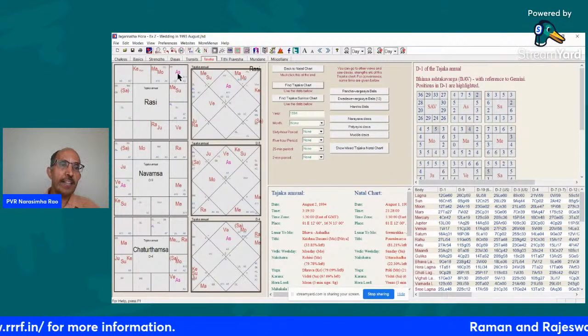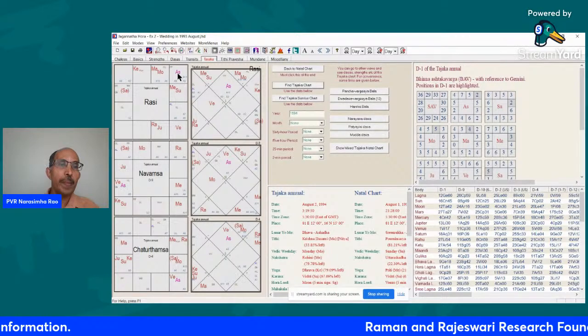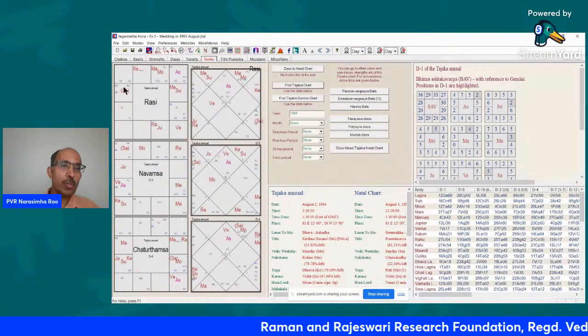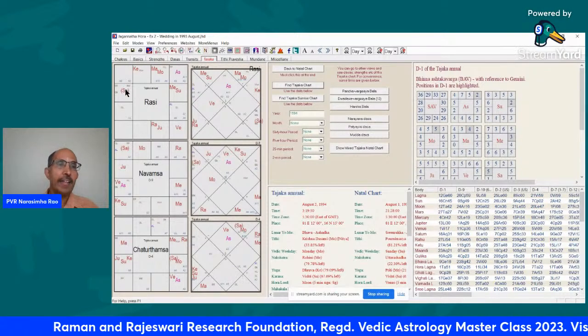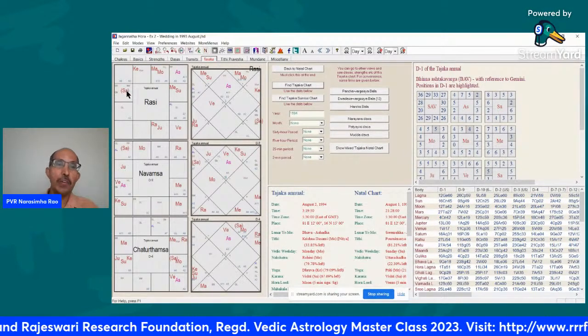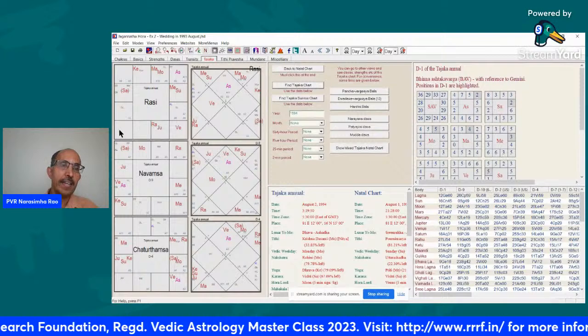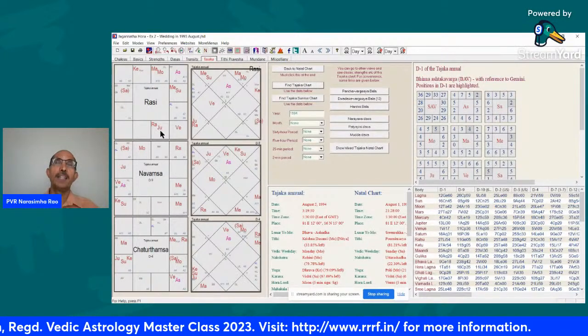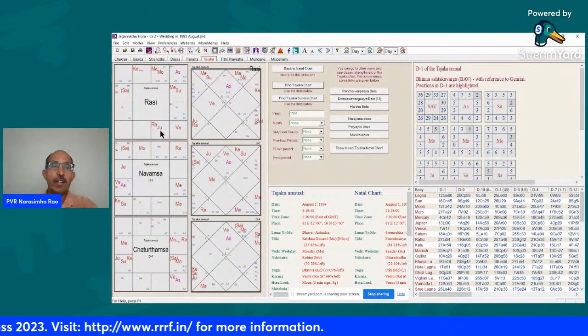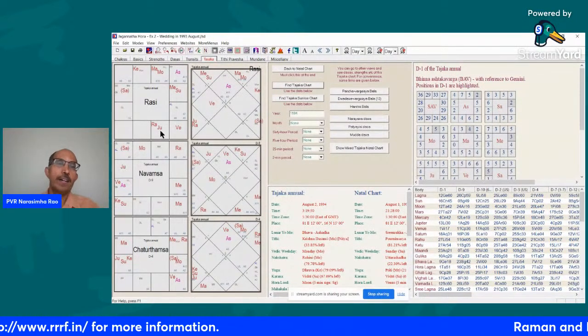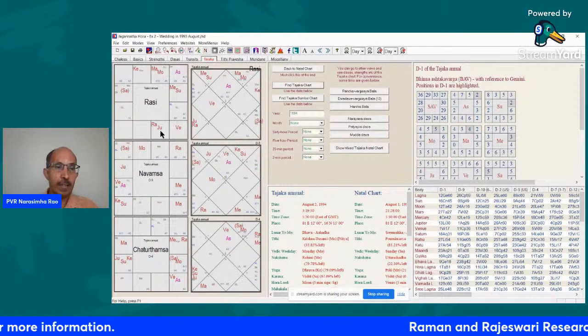If you look at the Rashi chart, the ninth house is very strong. Ninth house contains the ninth lord, and the ninth co-lord Rahu, the Karaka for foreign residence, is with the seventh lord, the Badhaka. Basically, ninth lord, Badhaka house, Rahu, 12th house. These are the houses that are important to see moving abroad.